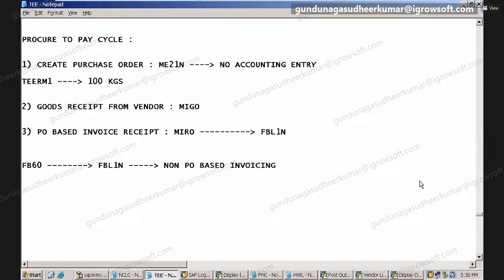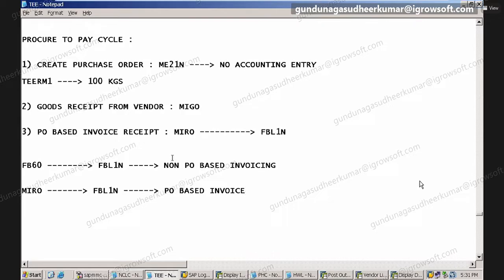Non-purchase order based. Then we have MIRO, which is also coming into FBL1N only, but that is a PO based invoice. PO based means purchase order based. Is it clear?